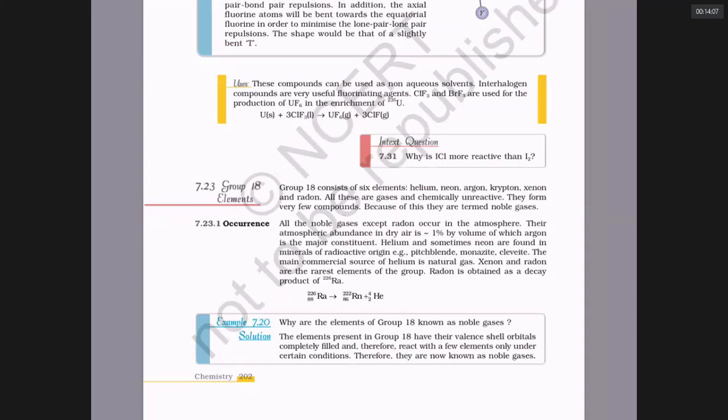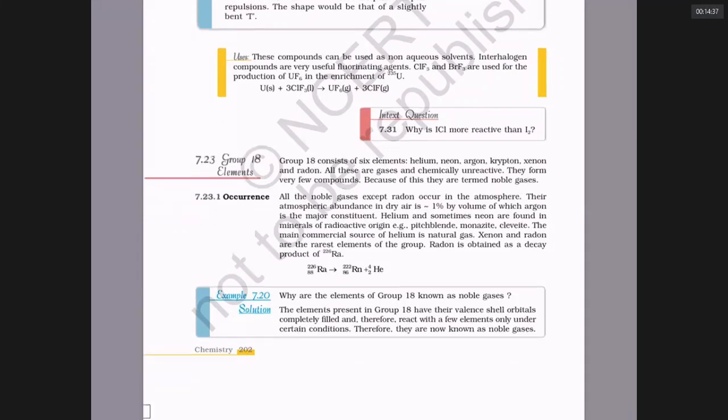You know, in air, what is the most abundant gas after nitrogen and oxygen? Air has nitrogen, air has oxygen. After nitrogen and oxygen, the gas present in large quantity is argon, 1%. Do you know argon in air is 33 times more than CO2? CO2 is very less, 0.03%. Argon is 33 times more than CO2 in air.